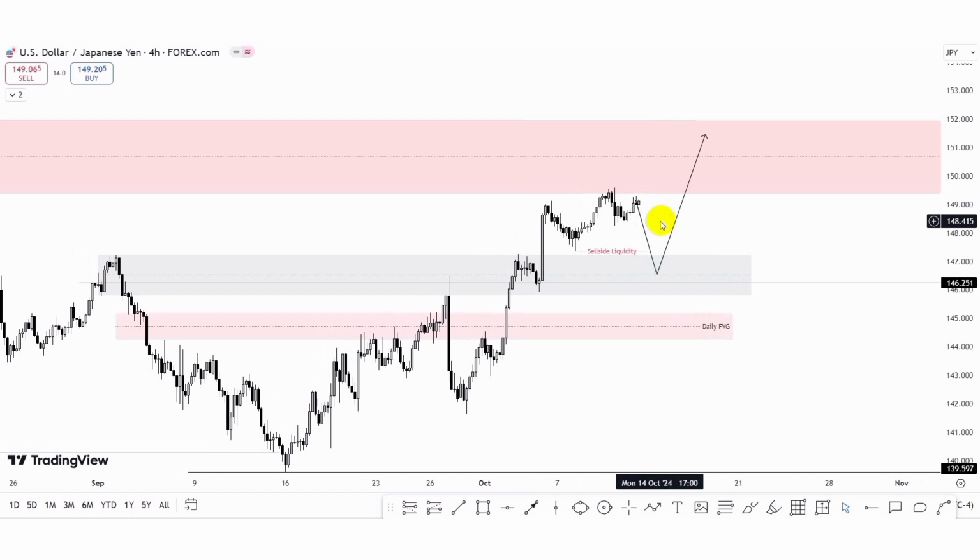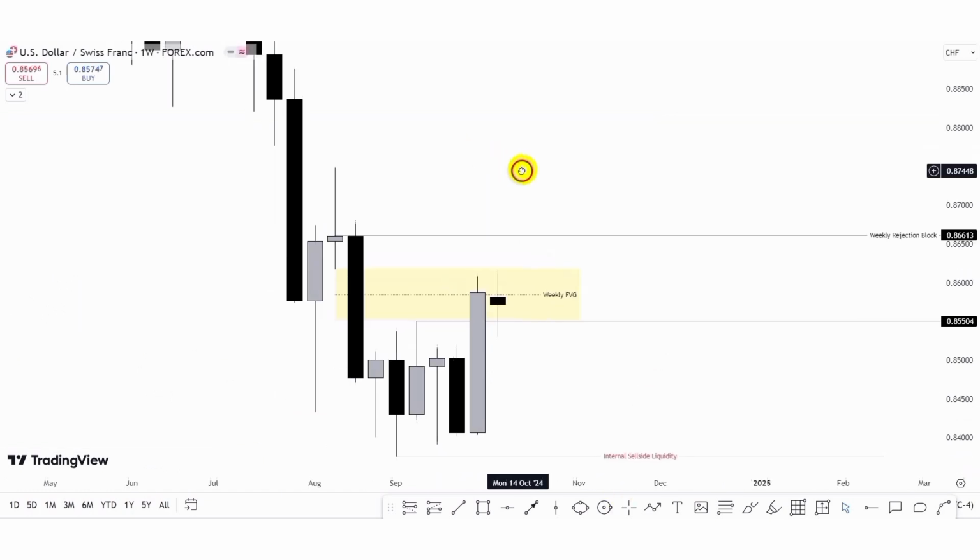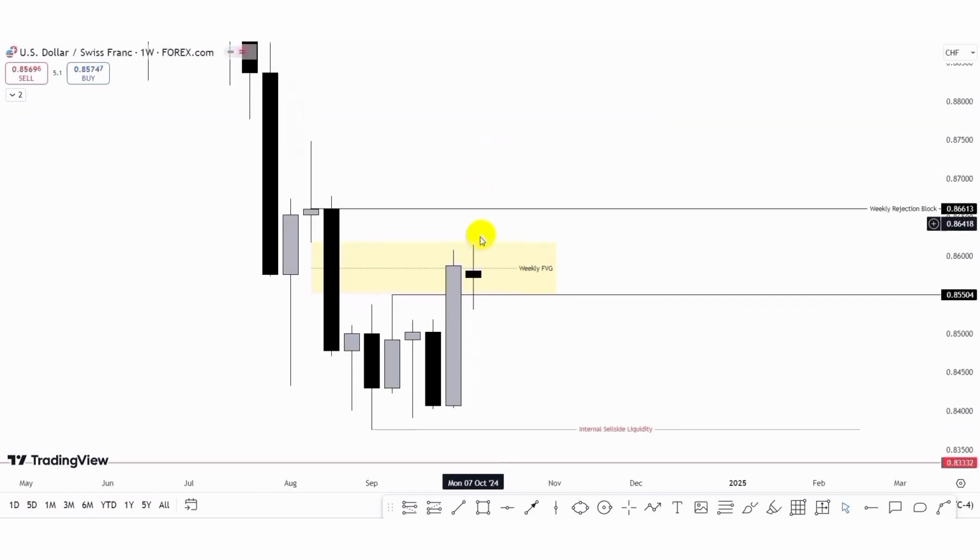So guys, let's check out the USDCHF pair also. So guys, this is USDCHF. Last week we expected to see the bullish move to the upside because we were expecting to see price come into this weekly rejection block zone. And what we can see is we expected to see a pullback into this bullish candle week before we have the continuation to the upside. And we can see how price dipped lower into that bullish candle week. And then we can see how price gave us the movement to the upside, but then price closed below the mean threshold of this weekly fair value gap.